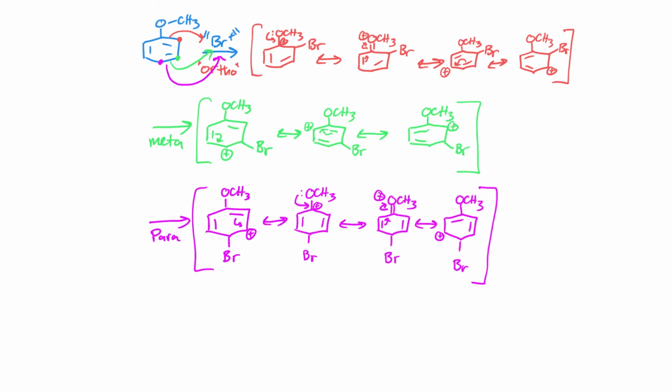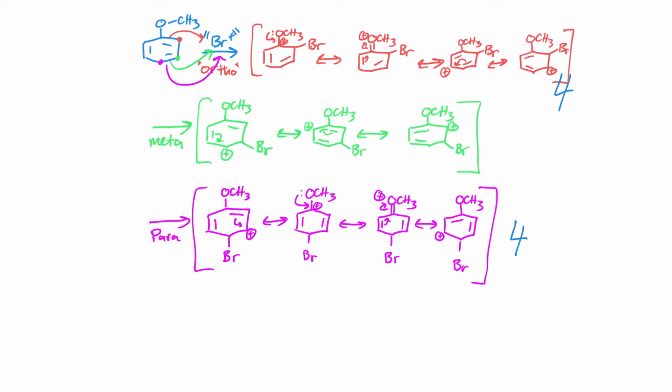Alright, so here are the resonance structures that result from this purple arrow push and adding the electrophile, in this case the bromine, at the para position. You can see that we formed a cation at the bottom right carbon. Then I used a pattern to push the cation to the top carbon, at which point I had two options. I could have moved it to the bottom left, or I could have used the lone pair on the O, which is what you see here. I put the cation on the oxygen. Then using these two arrows, I can move the cation to the bottom left position. And you'll see that I also have four resonance structures now in the para,